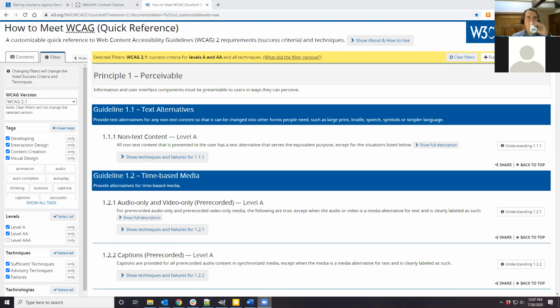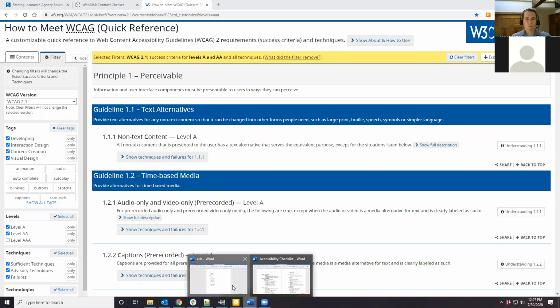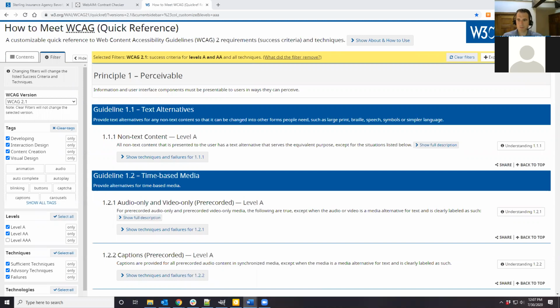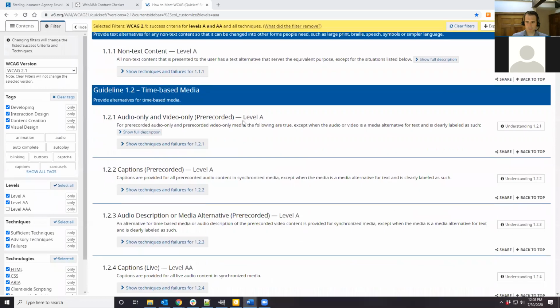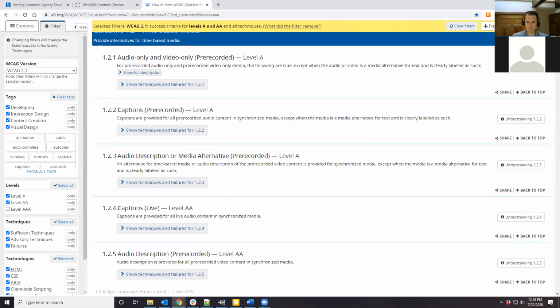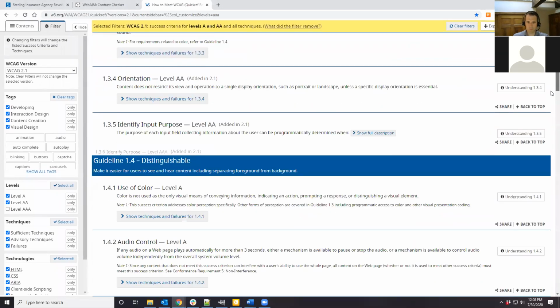All right, and I'm just going to run through some of the most common things that we'll see in these complaint letters in general, the main key items you want to make sure you're accessible with on your website. So this is w3.org. This is a guide where you can find descriptions of all of the guidelines. And you can see here, this is just a quick view of all of the guidelines that are listed in